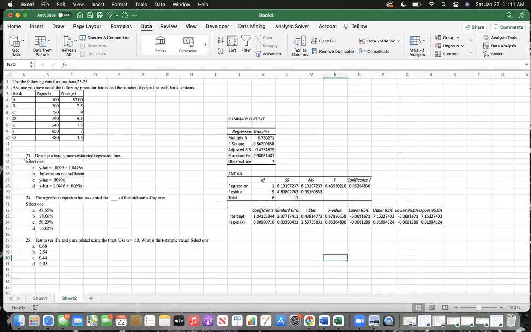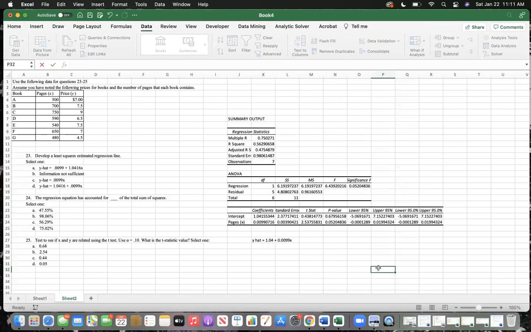So now let's look at the question. So 23 says develop a least squared estimated regression line. This is our intercept. This is our slope. So if we were to turn this into an equation, we're going to get y hat equals our intercept, 1.04, let's just say, plus, then it's going to be 0.0099